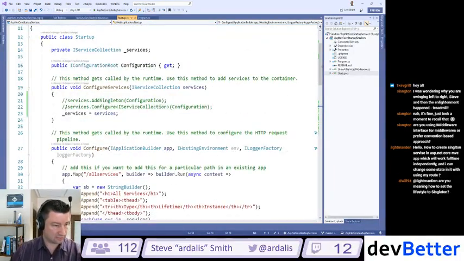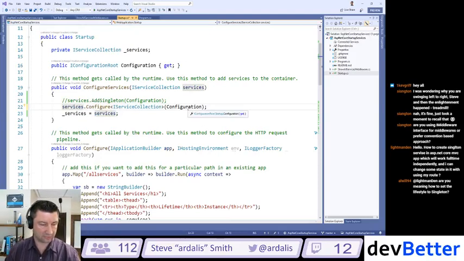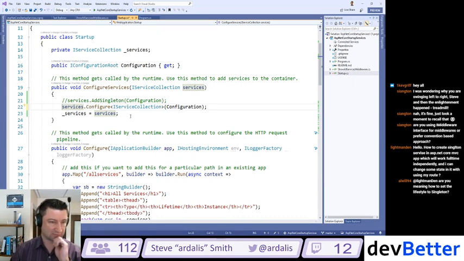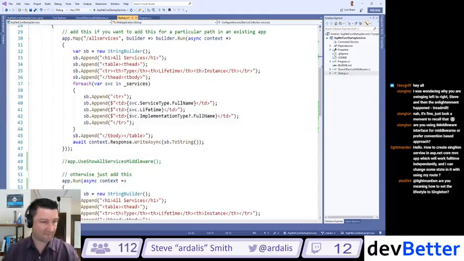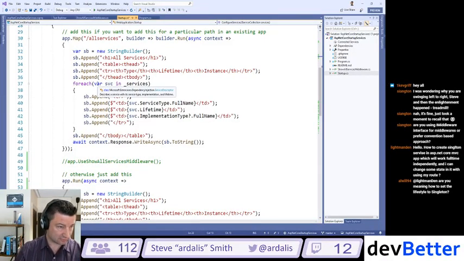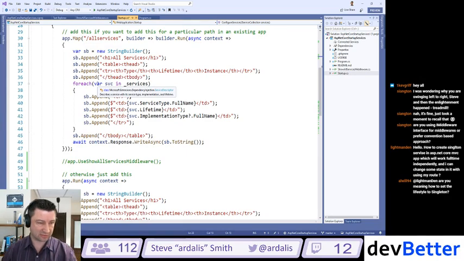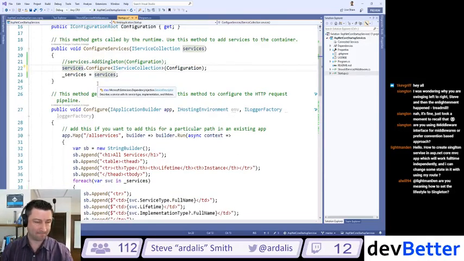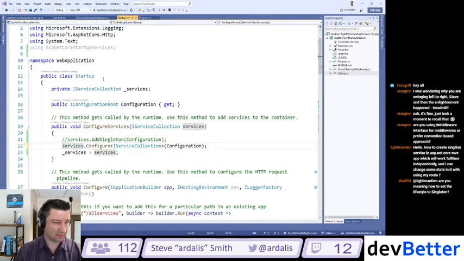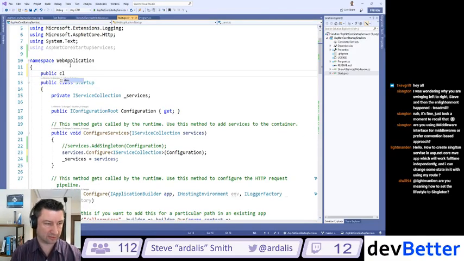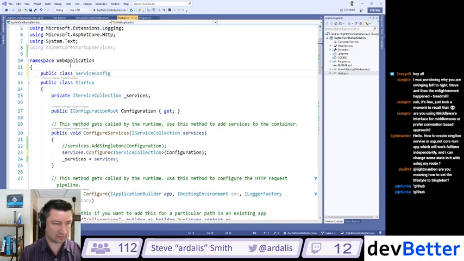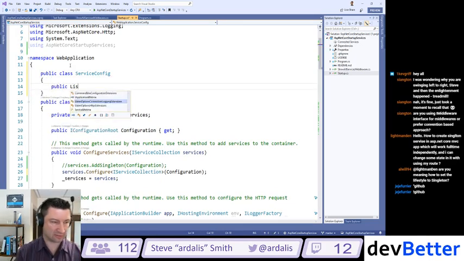Now if we do add this into configuration, is there any chance that that's going to let me get to that? I think I almost need another type for that, like a dictionary of services of my own that I would map that to. This is a service descriptor. So if I had a list of service descriptor that I was throwing in there, I could have maybe a public class ServiceConfig, and it had a public list